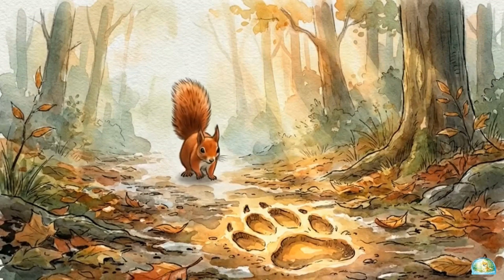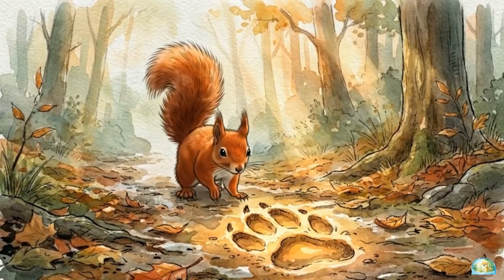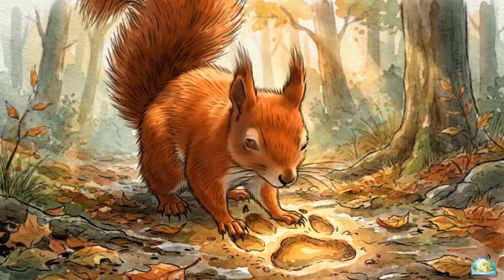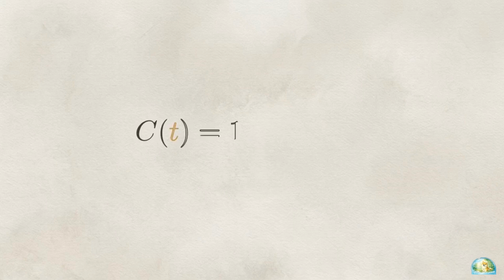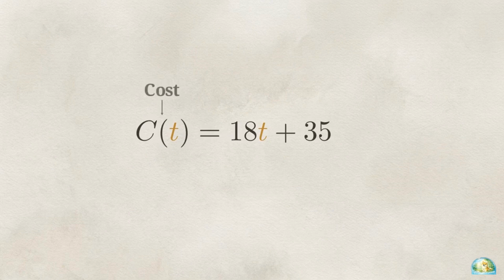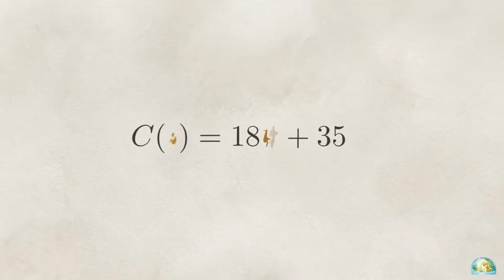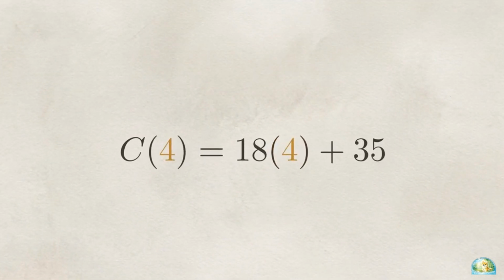Let's start with the first step in this causality chain, testing a direct mathematical rule to observe its effect. Consider the function c of t equals 18t plus 35. In this case, the rule calculates the cost of a ride after t miles. To find the cost of a 4-mile trip, we substitute the input 4 for the variable t in our function